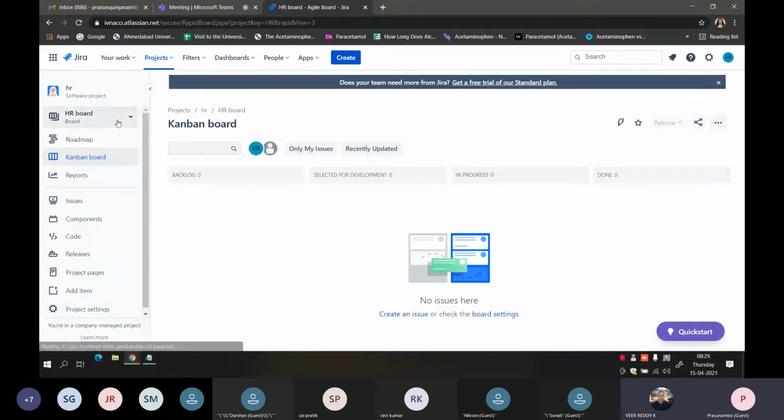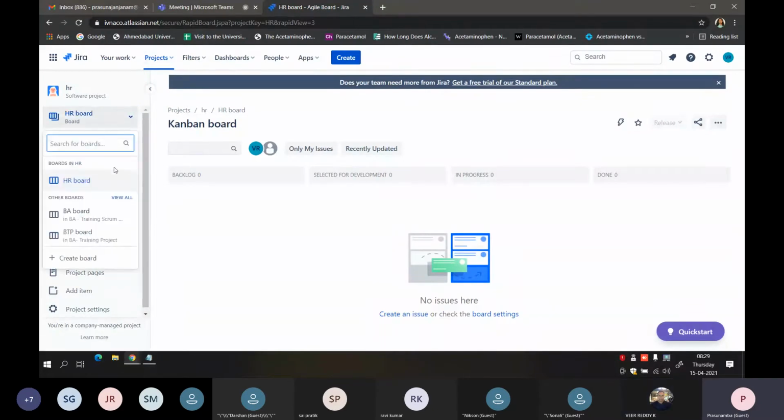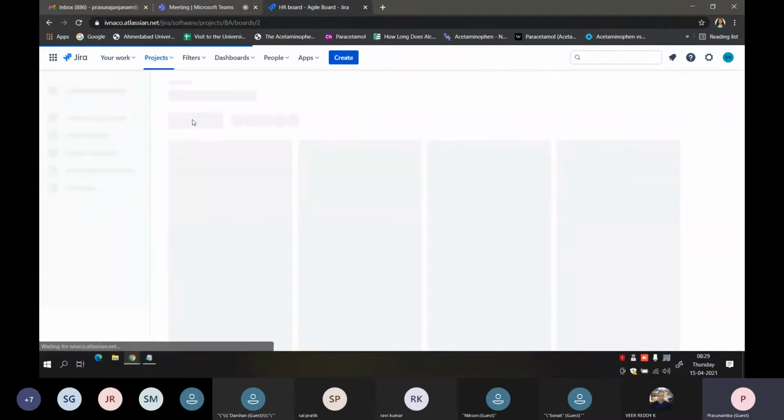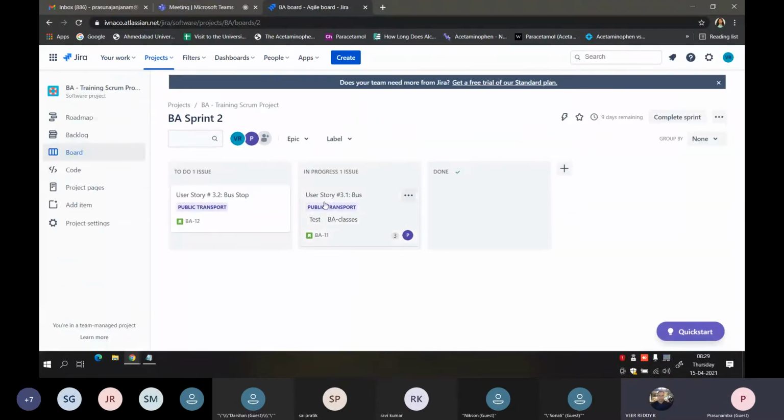Basically, for the HR board, you would have a different kind of properties given for the company managed projects compared to the team managed ones. Some properties like the statuses and workflow, as already told, would be handled by the HR and the IT team. If you need anything new, you can create one ticket under the IT.